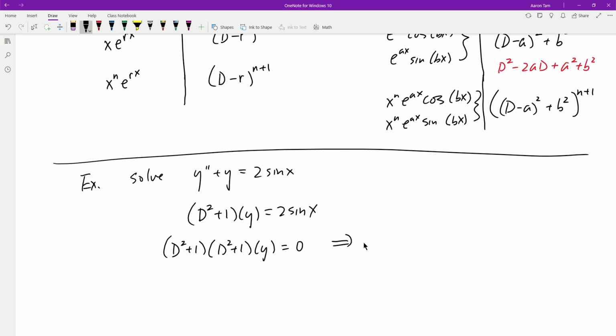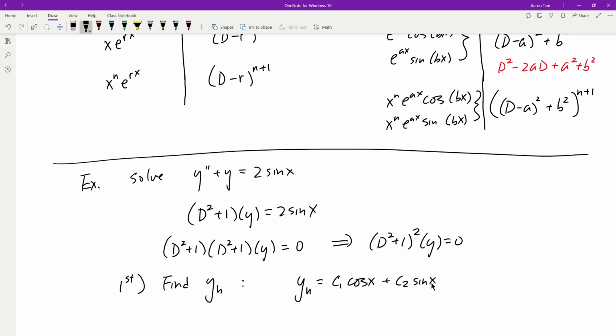So notice that that gives us (d squared plus 1) squared of y equals 0. So we do have a repeated factor. Let's do the first thing first. Let's identify our y sub h. So what should be our y sub h? In this case, y sub h should equal c1 cosine x plus c2 sine x,